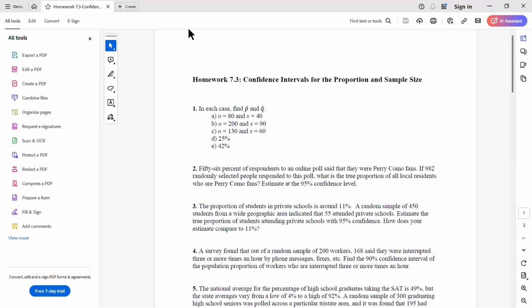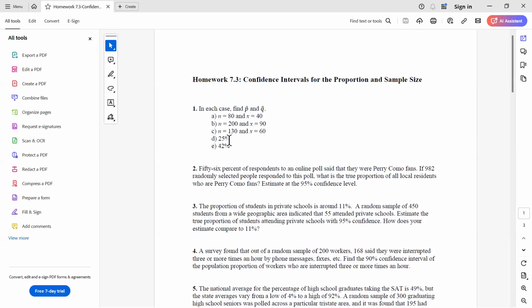And I'm going to share the homework so we can see what that looks like. So in your homework section here,